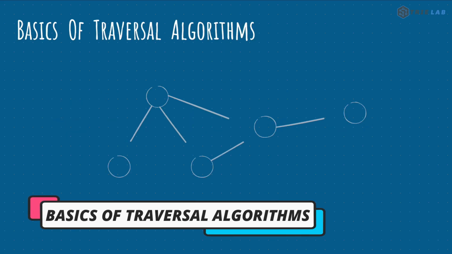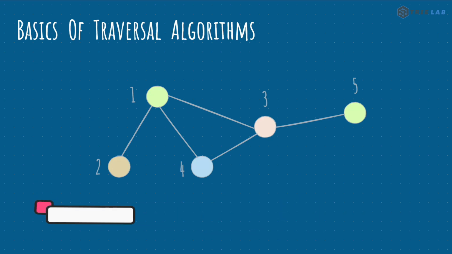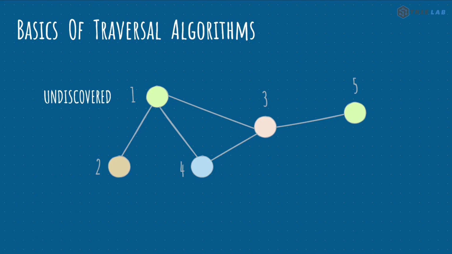Now at first, let's talk about the most core basic ideas of graph traversals. Now we will be using this particular graph for all our traversal algorithms, and we will now try to explore the inherent properties of a graph traversal. At first, we begin by marking every node in the graph as undiscovered, which essentially means that we haven't visited or encountered them yet. Next, when a node is encountered during traversal, it moves to a discovered state, which means that we have found it, but haven't explored all its neighbors yet.